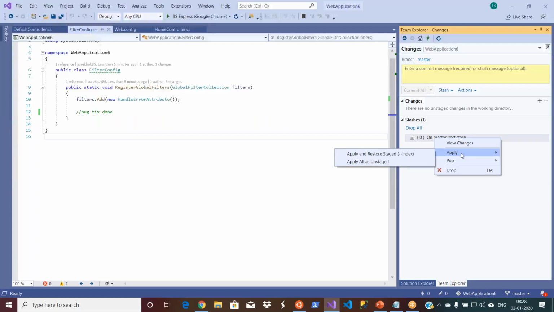Okay, I will show you the difference between apply and pop, but both will do a similar thing. It's like, in order to push your code to the source control management, you can do commit and then you can do push. The other way is directly click on sync. One command will do two activities, or you use two commands to push your code. This is all right. Similarly, there is a similarity between apply and pop, but first see it actually. Let's apply actually.